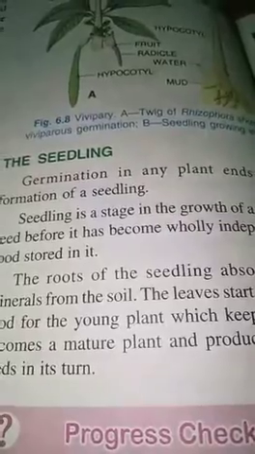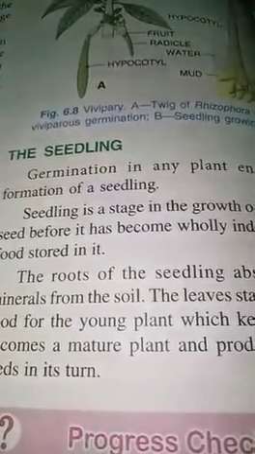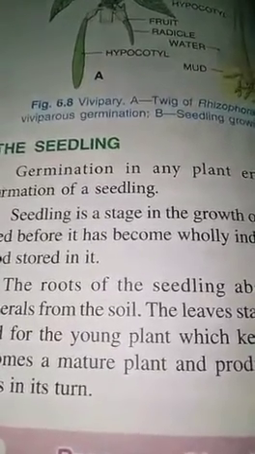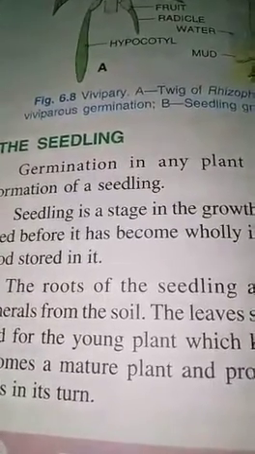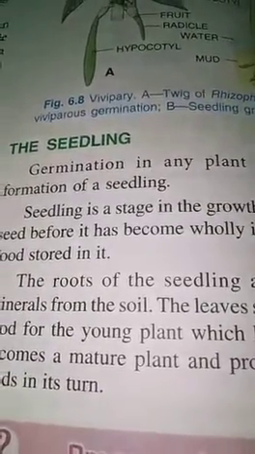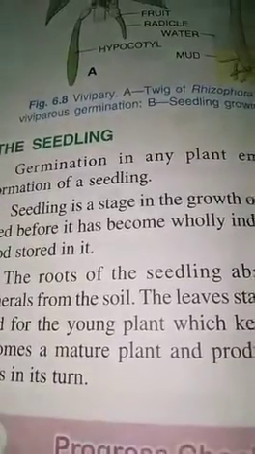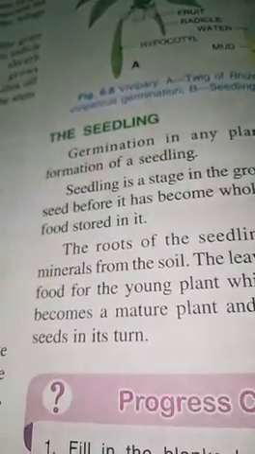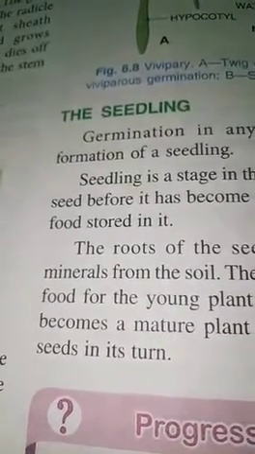The seedling later develop the roots and leaves and start to collect the materials like water and minerals from the soil through its roots, and by the help of their leaf they start to prepare the food by doing photosynthesis, and later this plant will grow, mature and continue as a normal plant to produce flower, seeds in its turn. These are the main topics related to this chapter seed.